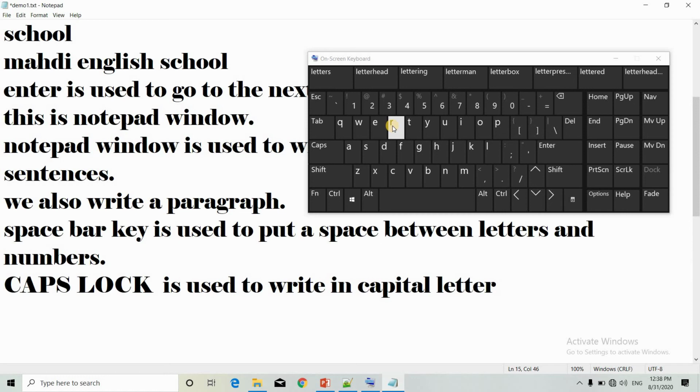So you can see that we have written here this sentence, caps lock key is used to write in a